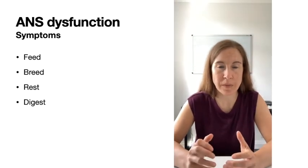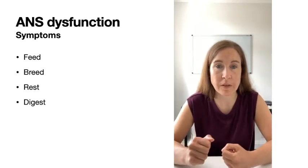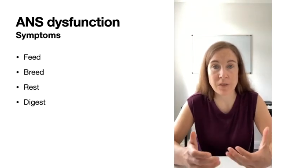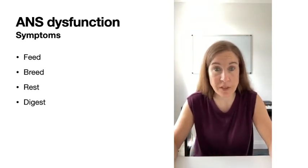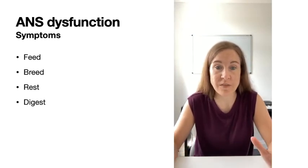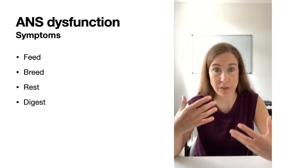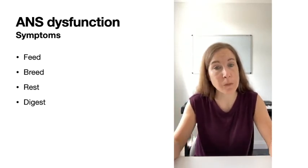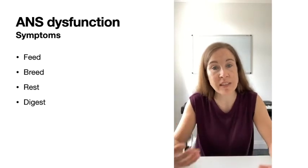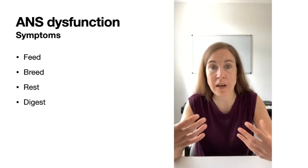Moving on to the autonomic nervous system dysfunctions that can be found in endometriosis. The parasympathetic nervous system controls our appetite, so appetite changes can be an issue. It also controls digesting food. It stimulates saliva, which obviously helps process the food. It helps food move correctly from the stomach down through the intestines and releases bile to help effectively break down